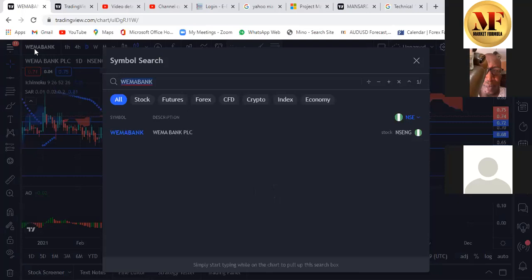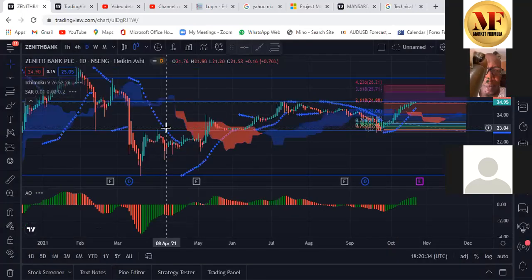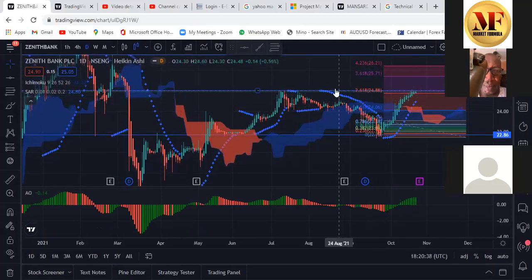Let's look at another bank. Zenith. Zenith is facing a resistance at this level currently. So let's see what is going to happen. The momentum is still intact, but let's see what is going to happen. I think this level is strong. But if there's a breakthrough,